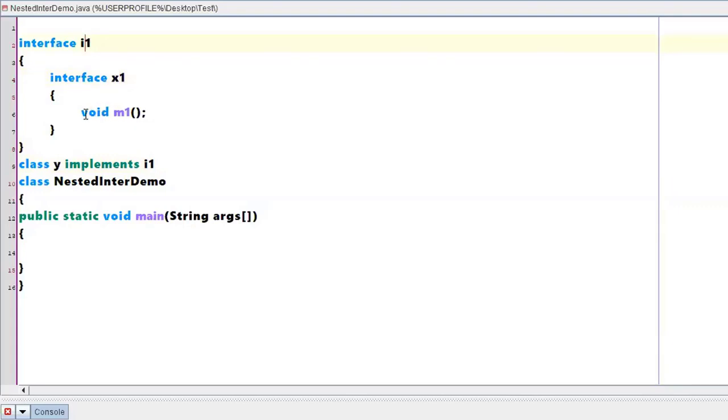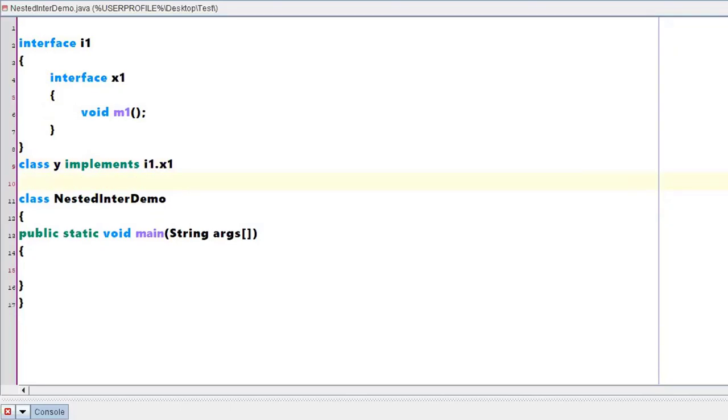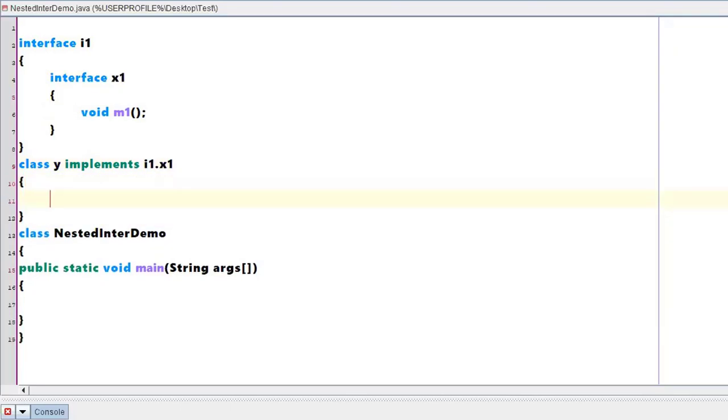So when I want to implement this particular method M1, I have to write I1.X1. I need to specify the interface, right? Which interface am I implementing? I am implementing the X1 interface which is there in I1.